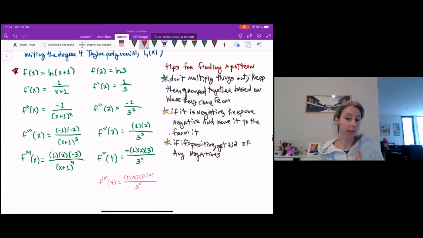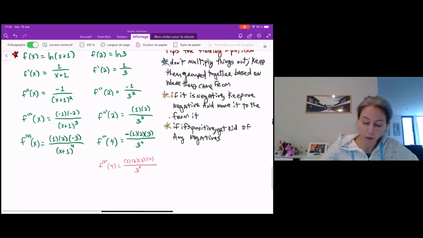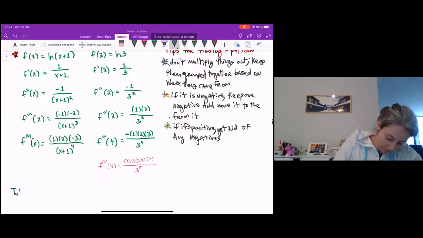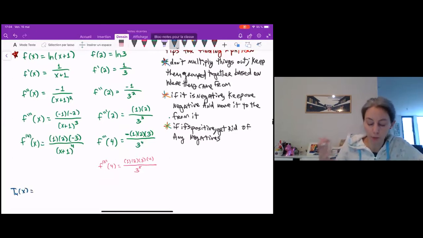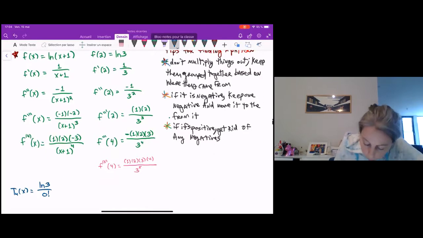So we need to write the degree 4 polynomial because this is what we were asked to do. So our degree 4 Taylor polynomial then, remember, it's just writing out the first 4 terms with their x's. So I'm going to have ln 3 over 0 factorial times, well, nothing, plus 1 over 3 over 1 factorial times x minus 2